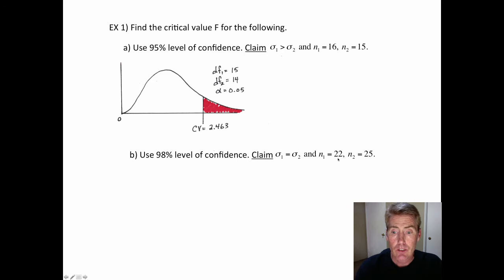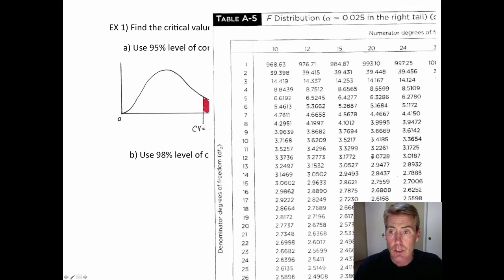Now we also need degrees of freedom number 1 is 21 and this one's 24. Also keep in mind with these tables, as always, if they don't have what you want, find whatever's closest. So across the top we're looking for 21, on the side we're looking for 24. So for 21, the best they have is 20, and then go down the side, and you'll see right here they have 24 exactly. So we go to where it's 21 and 24. So that's right here at